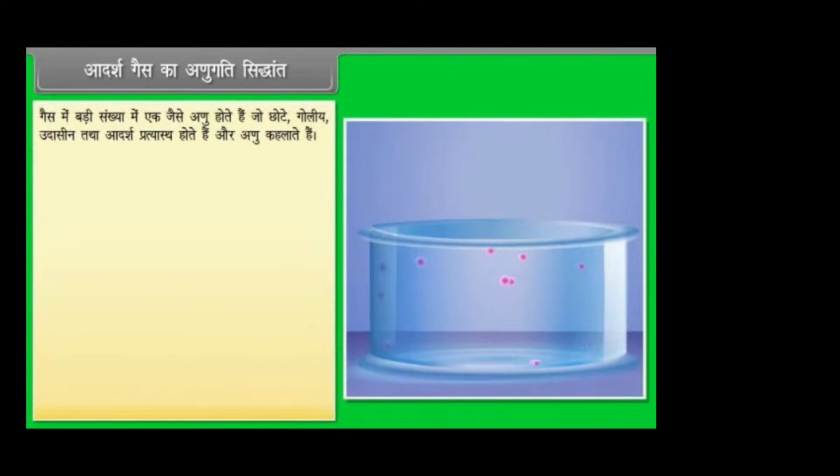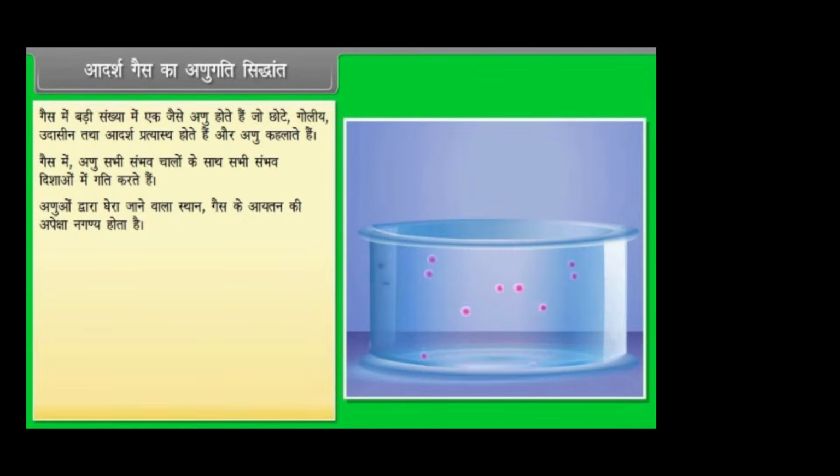आदर्श गैस का अणुगति सिद्धांत। गैस में बड़ी संख्या में एक जैसे अणु होते हैं जो छोटे, गोलीय, उदासीन तथा आदर्श प्रत्यास्थ होते हैं और अणु कहलाते हैं। गैस में अणु सभी संभव चालों के साथ सभी संभव दिशाओं में गति करते हैं। अणुओं द्वारा घेरा जाने वाला स्थान गैस के आयतन की अपेक्षा नगण्य होता है। अणुओं के बीच कोई आकर्षण बल नहीं होता।